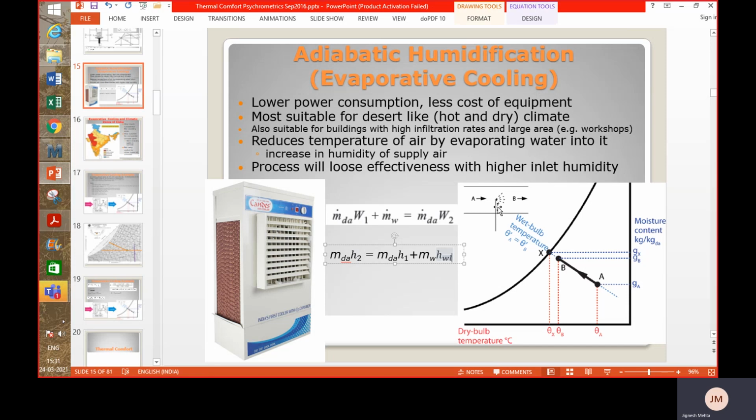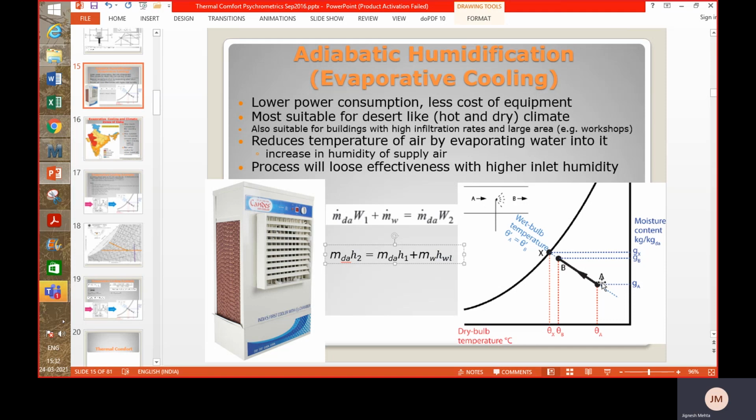Now why is it not vapor enthalpy? As you can see, what is entering into the system is only liquid water. Now you might say that it is evaporating, but then while it evaporates, it takes heat from air. So the air gets sensibly cooled, but liquid water converts into vapor. So what you are actually adding is only the enthalpy of liquid water which is coming. Other things are internal conversion.